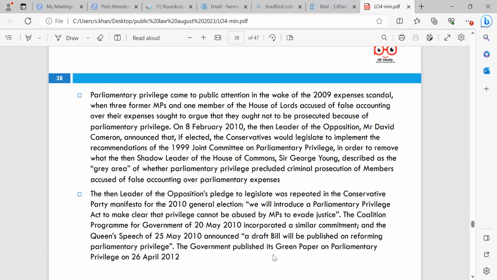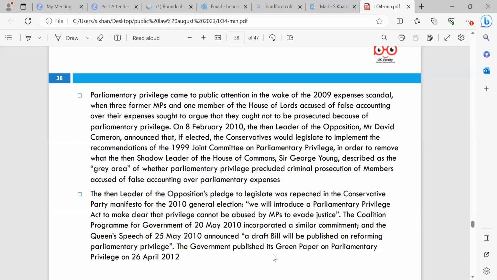The then leader of opposition pledged to legislate, which was repeated in the Conservative Party manifesto for the 2010 general elections, stating that we will introduce a Parliamentary Privilege Act to make it clear that privilege cannot be abused by MPs